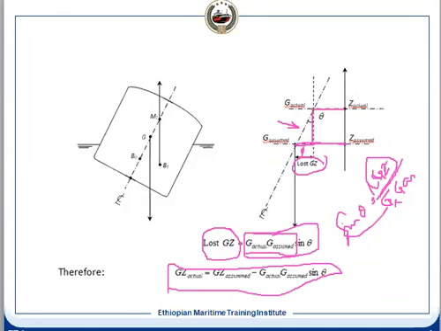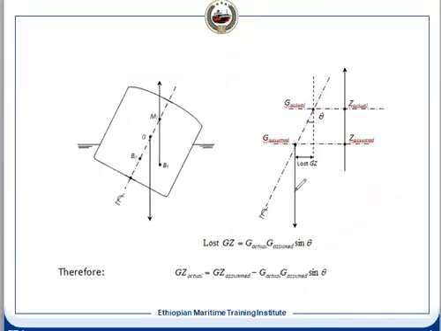Now, this G can move up, and it can move down, both directions. So what will happen when it has moved up? We have deducted. But when it has moved down, what will happen? Suppose it is here, and our assumed is this. In that case, it has increased. It means this is the actual, from here to here, but from the curve we'll get this much. So this much has to be added.